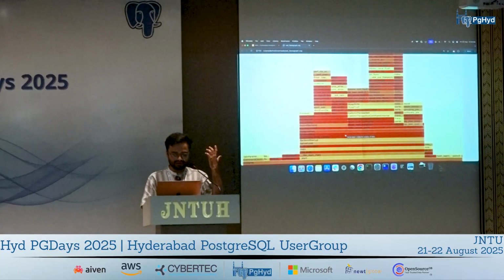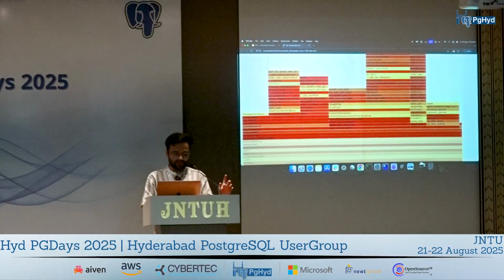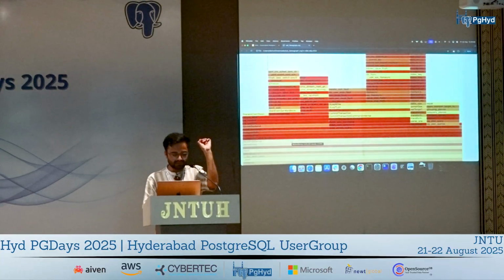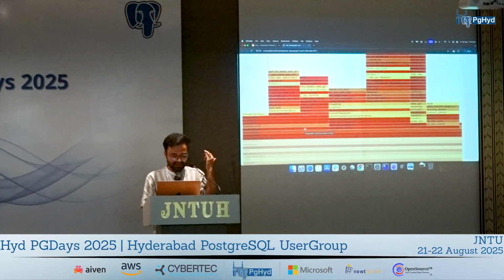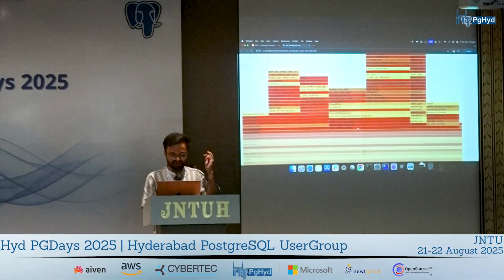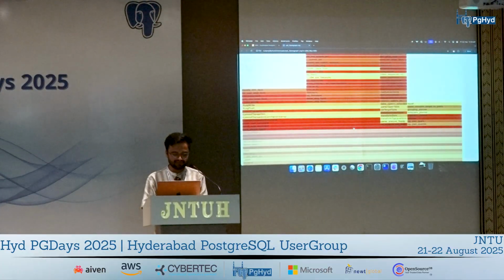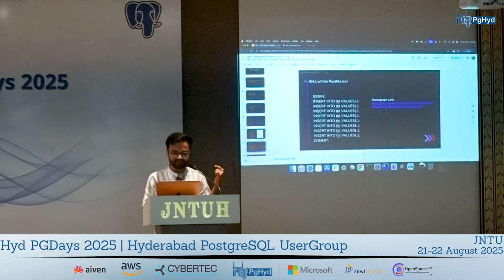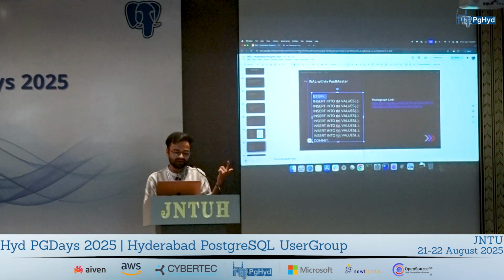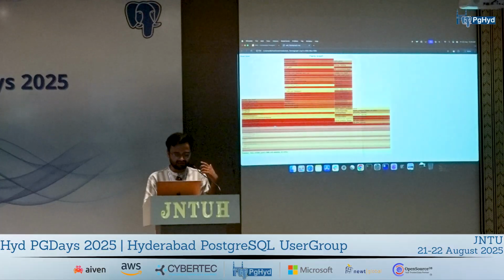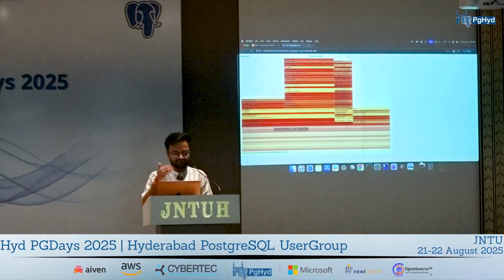This is the point where the postmaster forked the process to handle all of the transactions, and in the Postgres main we have ExecSimpleQuery. Whenever I started with this BEGIN statement, the ExecSimpleQuery function was called.